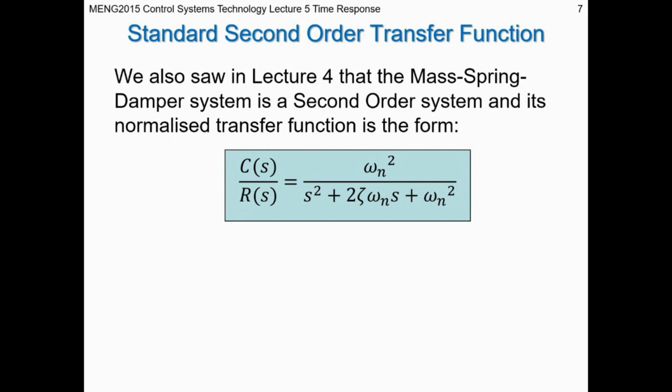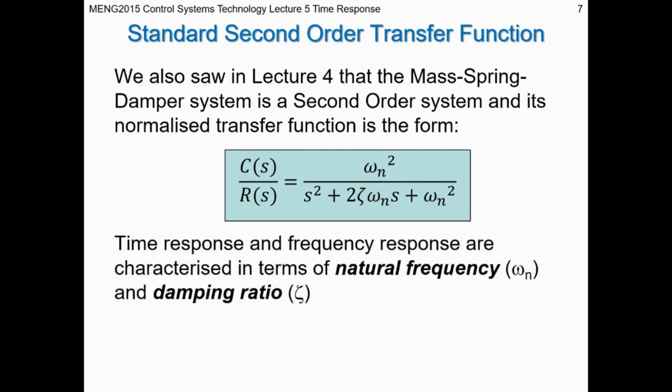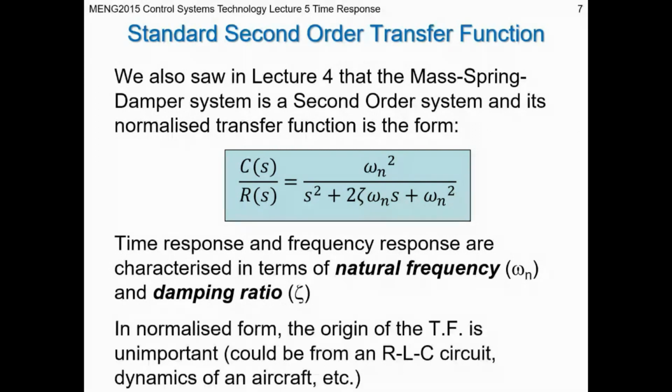We looked at this normalized form. We learned that you could express it in terms of something called a natural frequency, something called a damping ratio. In the normalized form, the transfer function doesn't matter where it comes from or what type of system it corresponds to. It could be an LRC circuit, it could be the dynamics of an aircraft, it could be a cruise control system. Doesn't matter what this plant model is representing. It's always going to have a natural frequency and a damping ratio that can describe the dynamics of the system in response to a given input